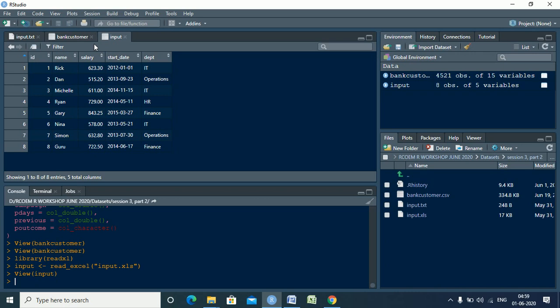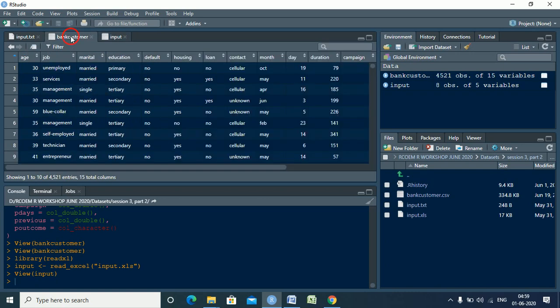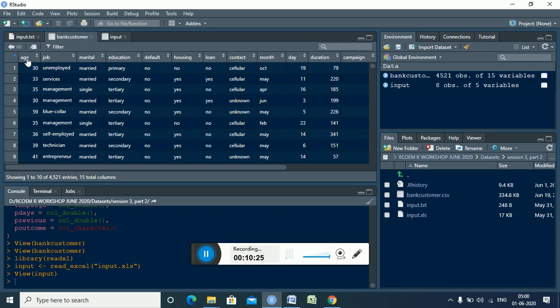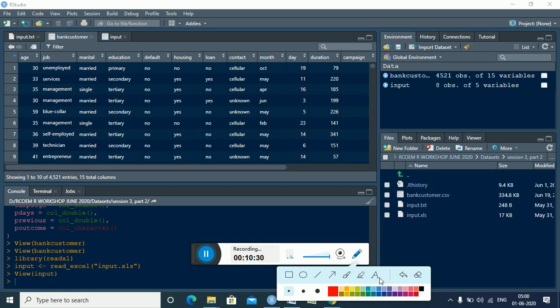Now let us come back to some of the activities that we want to do using this bank customer file. Right, so we have this bank customer over here. We have one criterion as age. The first thing we want to do is group this age into 4 different categories. Let me show you what our categories would be. I'll write down these categories so that they are clearly visible to you all.